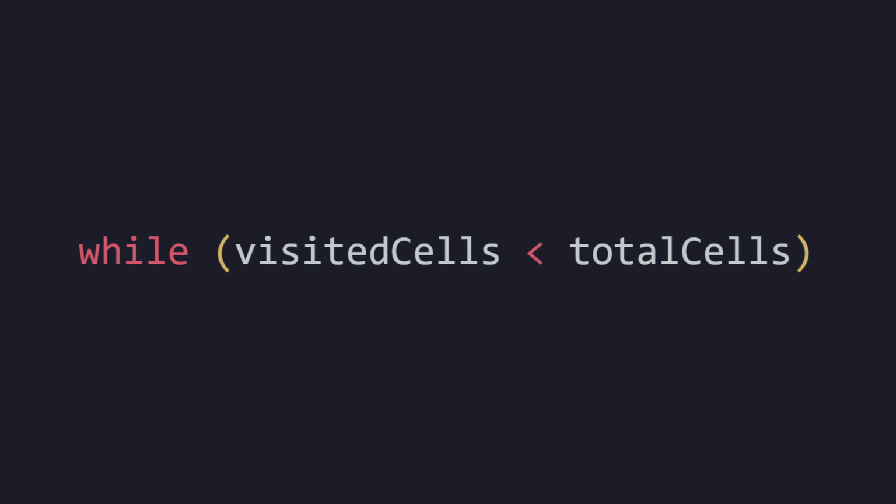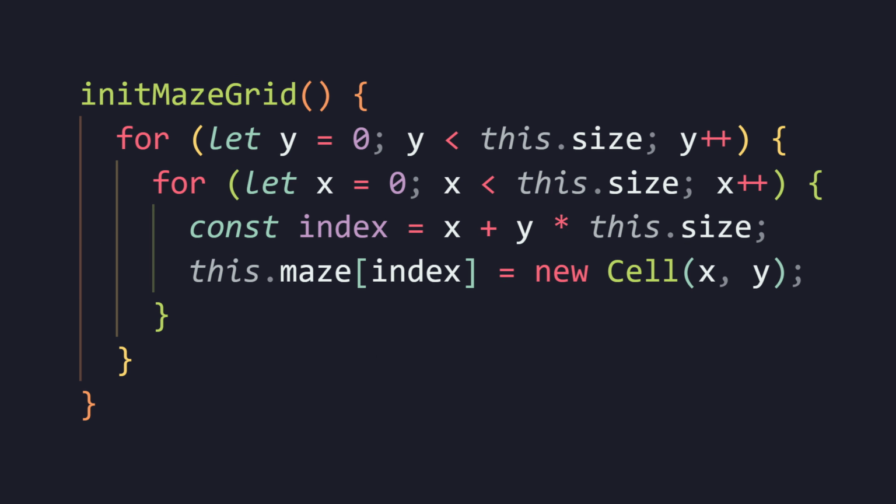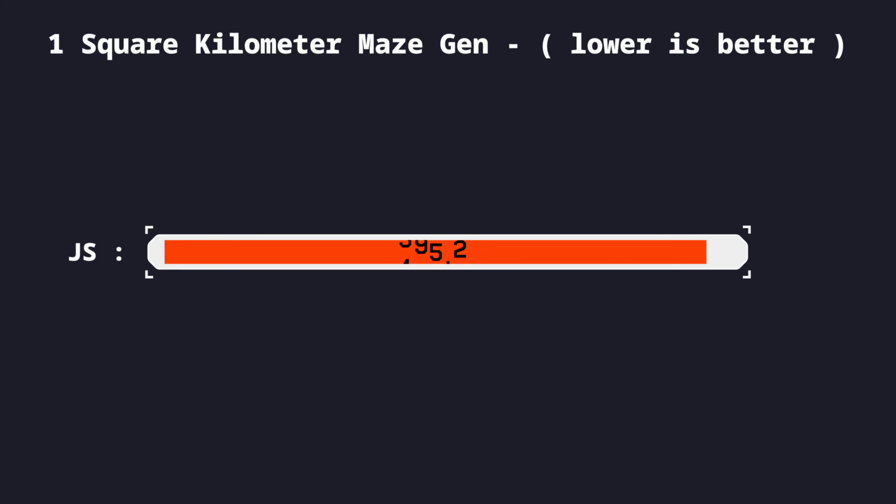The runtime speed of this algorithm simply depends on the number of cells because we're going to want to visit every cell at least once. And also, there's an initialization stage for the cells, which again depends on the number of cells. This means that the big O runtime of this algorithm is O of n. With that in mind, generating a 1 square kilometer maze is going to take about 400 milliseconds of CPU time